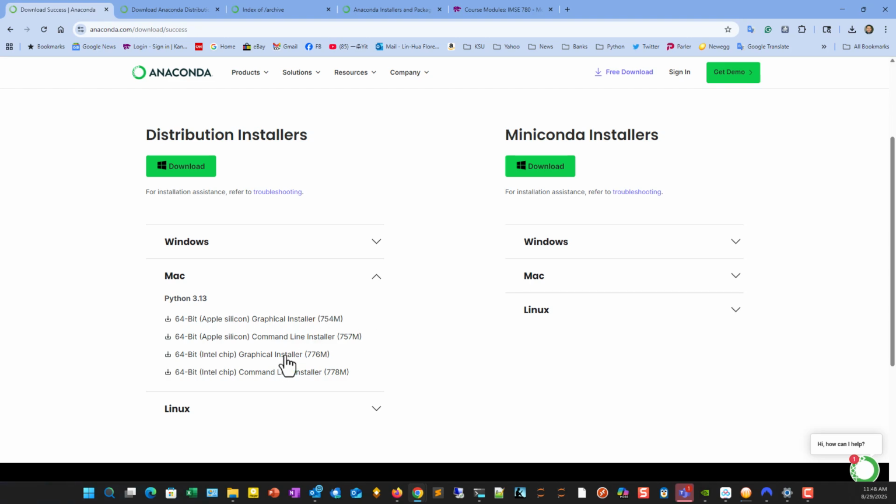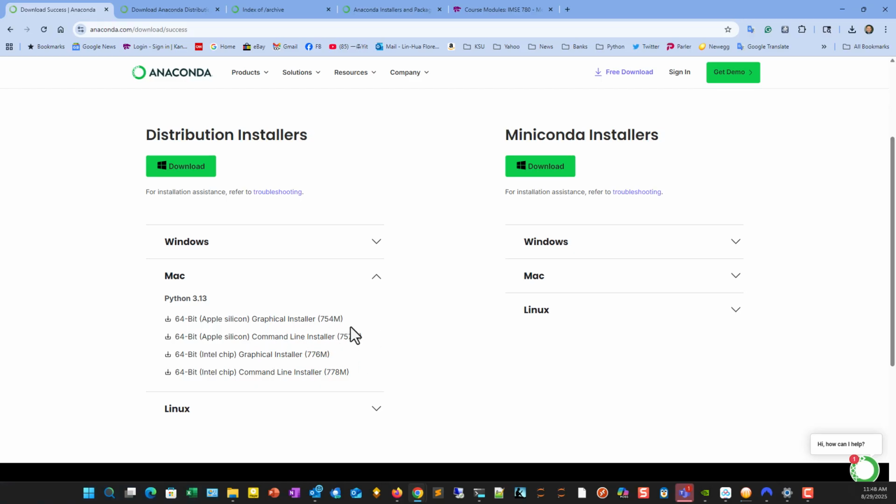If you have an older version of Mac, it's very possible you're using Intel chips. So you download the one you prefer, and you can install Anaconda with a graphical installer or command line installer